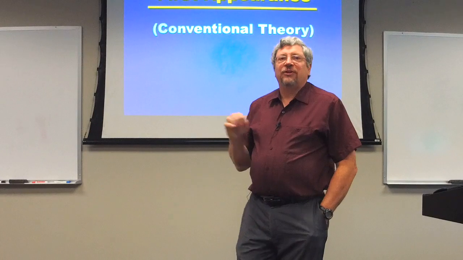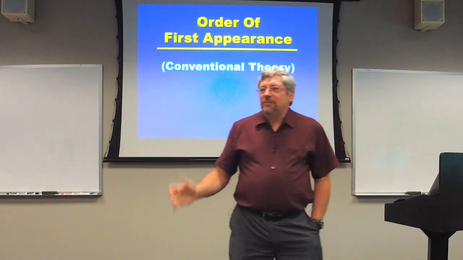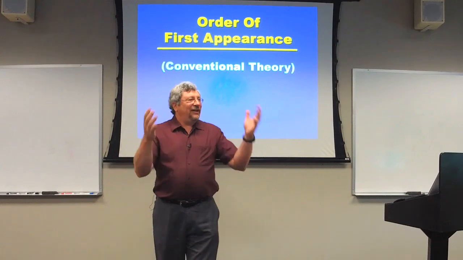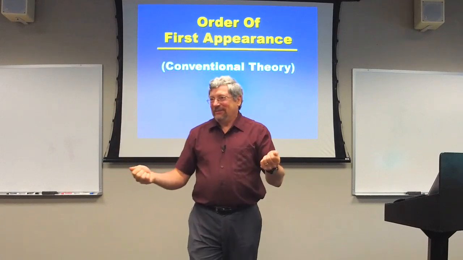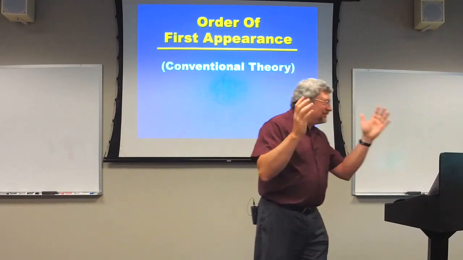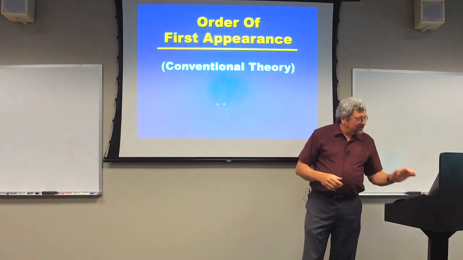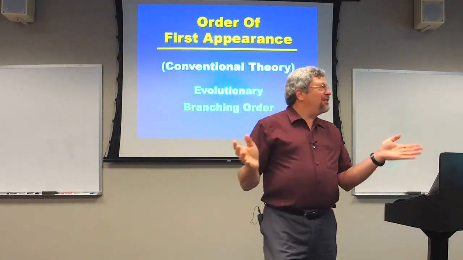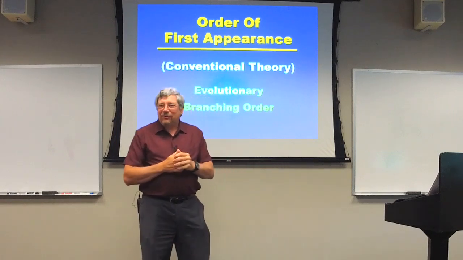Another issue, order of first appearance. This was an issue I was challenged with all the way through my training as a paleontologist. I heard multiple times, the fossil record preserves evidence of evolution. The fossils appear in the order that evolution predicts. Heard this over and over again. And I didn't have time to deal with it while I was going through. I waited until I finished. So in the summer following the completion of my doctorate, I sat down with 7 of what I thought were the best evidences of evolution to see if in fact there was a creationist understanding or reinterpretation of them.